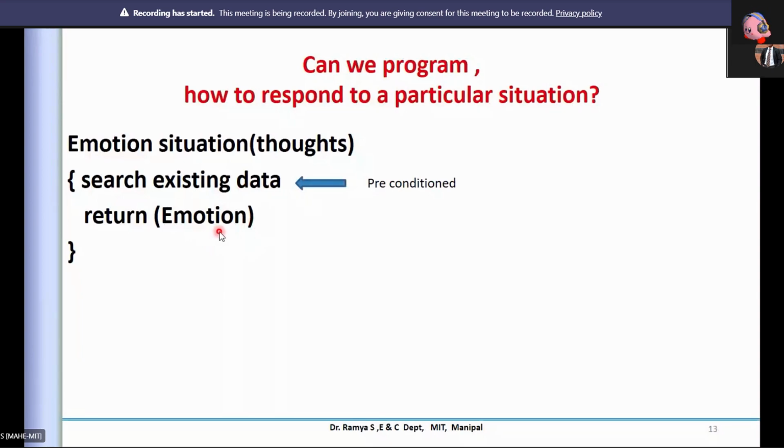I'll take just one example here, and you can apply it to any of your situations. Say you want to perform on a stage. There is stage fear. Usually what happens when we go on the stage, though we prepared well, we are not able to recollect or perform well at that time.